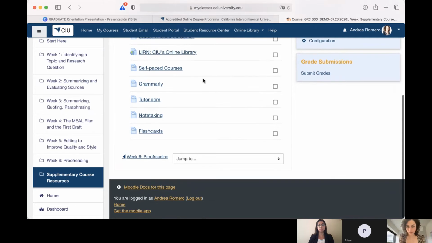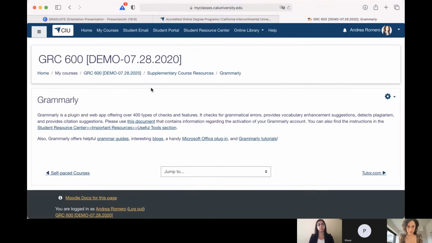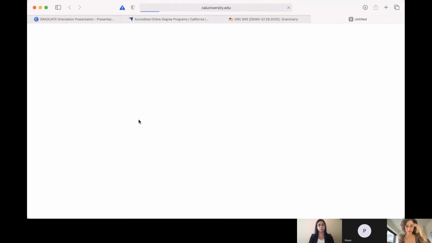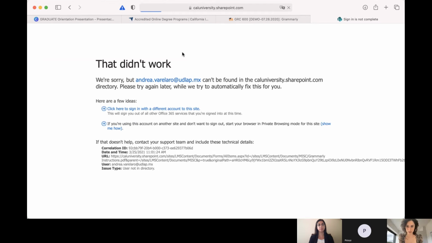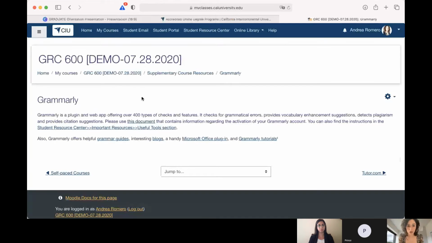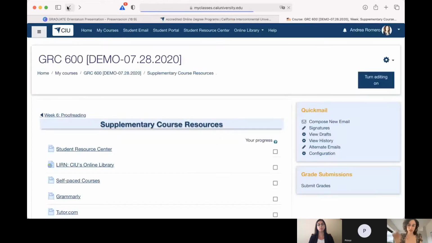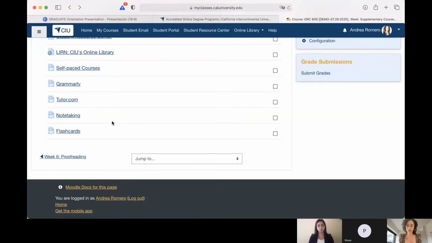Now, we also have Grammarly. Like I said, you can actually choose how to set up your Grammarly. You can either set it up yourself, for which you'll only have to access the Resource Center and follow the instructions, which lay out a document that basically has everything for you. Let's see, let it load. Oh, it's not letting me access it, but it's basically a document with all of the instructions to set up your Grammarly. Or just ask me and I'll send you a direct invitation, which is much easier,